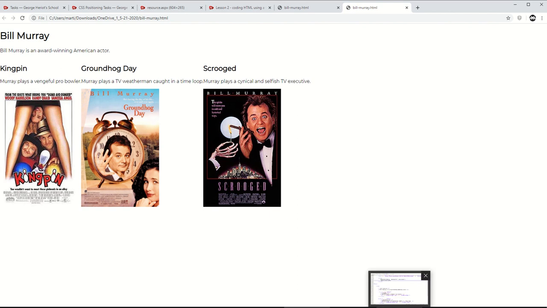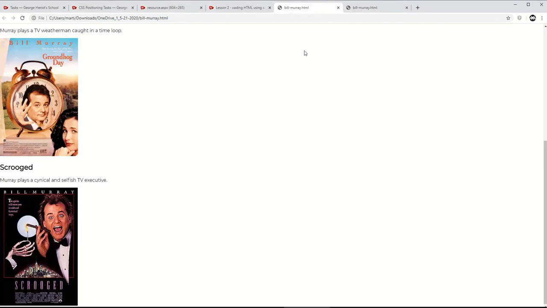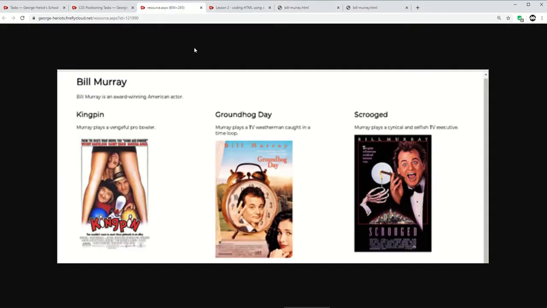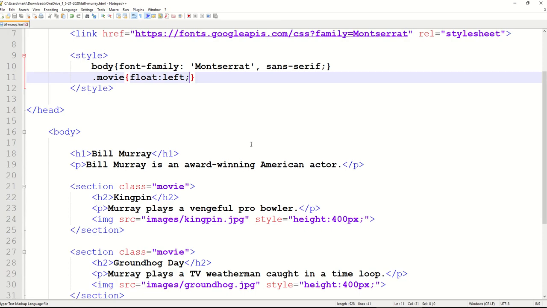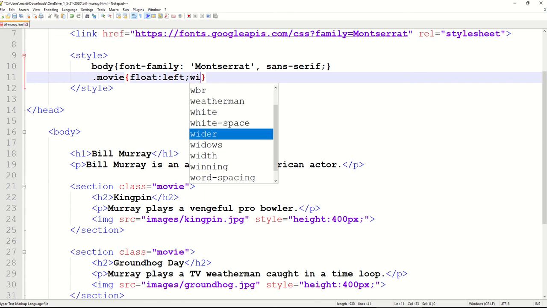So I reckon each one is taking up approximately a third of the page, so approximately 33%. I reckoned that. Whoa. Did I just click on something? No, I don't think so. I reckoned that this is what I'm looking for. The margins were about an eighth that way. So the numbers I'm coming up with are about 4% for the margins, which leaves me with about 25% for the width of each thing. So let's just go width